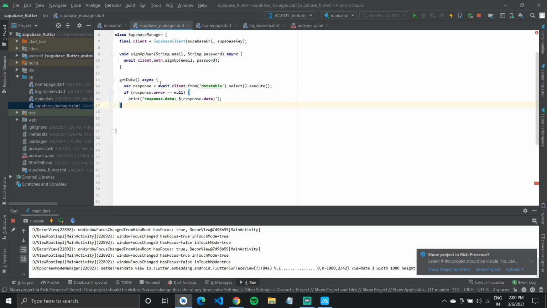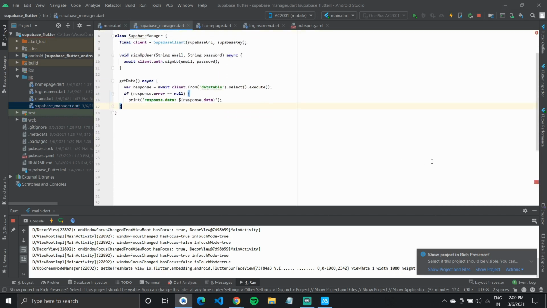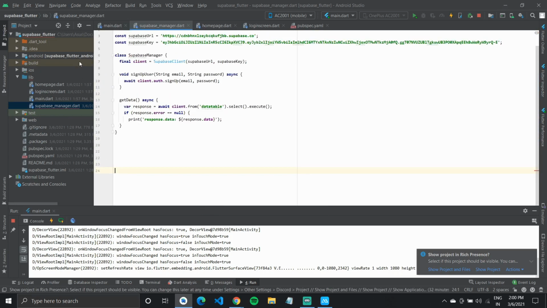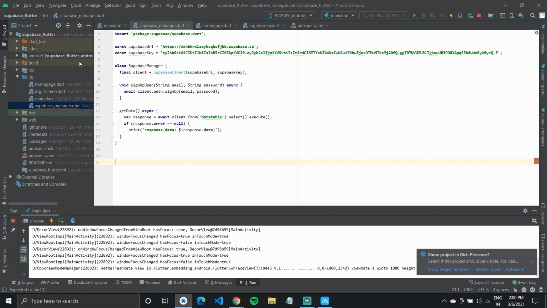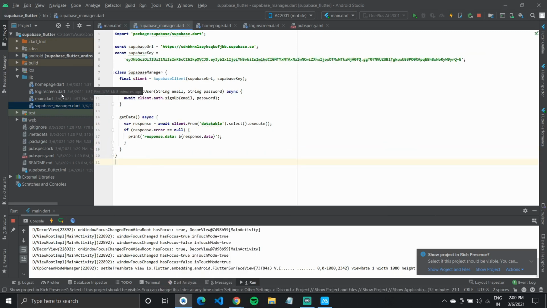So this response will get data from this data table we have created, and if there is no error, it should print this data to the screen. Alright, so we're getting some error. I think one of the brackets is missing. Yeah, one of the brackets is missing. Okay, so we are done with this.